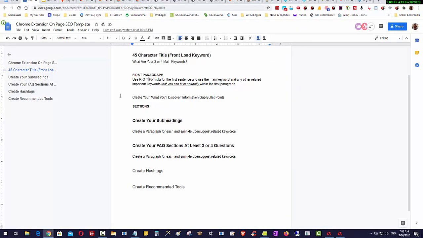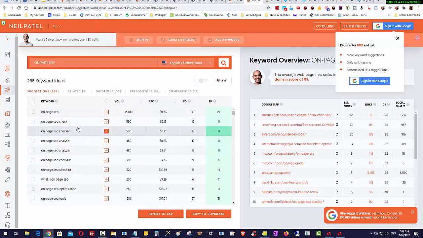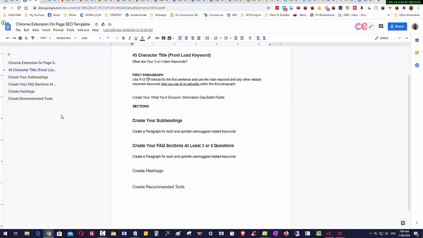Same for the subheadings. For this example, I've got on-page SEO tools, we've got on-page SEO techniques, we've got on-page SEO... what do we have there? Let me just go over on-page SEO checklist. We've got on-page SEO analysis, etc., etc. So there's various things that we can just pick out the subtopics from. Okay, from these kind of tools, and you can see how other people have done it as well. So basically that's it. You want to create those hashtags,